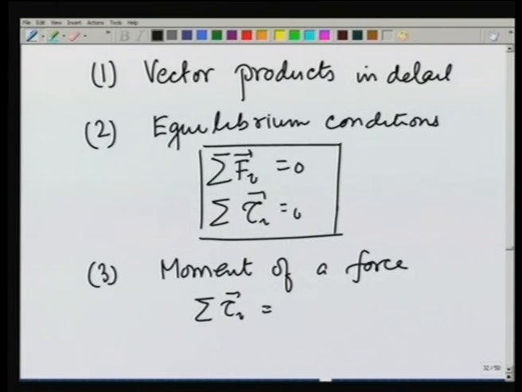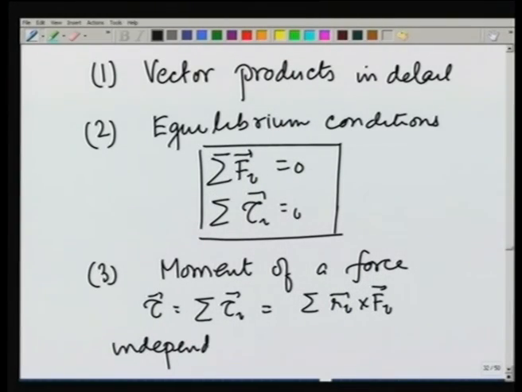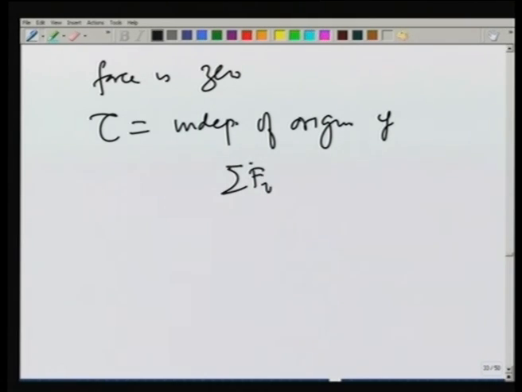the total torque, tau, which is tau I summed over, is equal to R I cross F I, is origin dependent, but becomes independent of origin if total force is 0. Let me rewrite this again. Tau is independent of origin if summation F I is equal to 0, and then we looked at a very particular special kind of